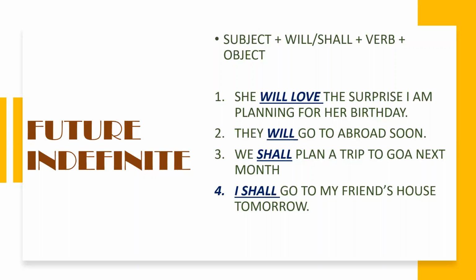See, according to the rules of English grammar, we use shall with I and we. Okay, but we use will with I. Alright, while speaking, we always use will with I and we rarely use shall. It is because of their use as modals. Will and shall are also modals. So as they're used in modals, we use will with I.